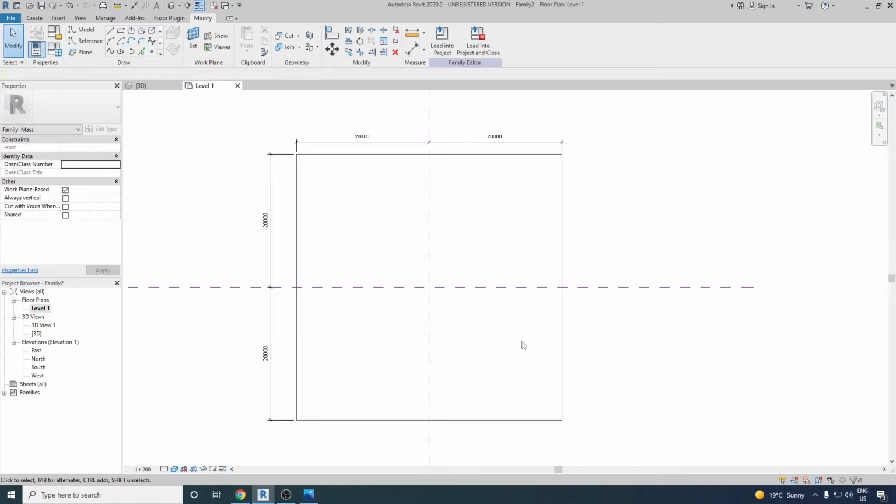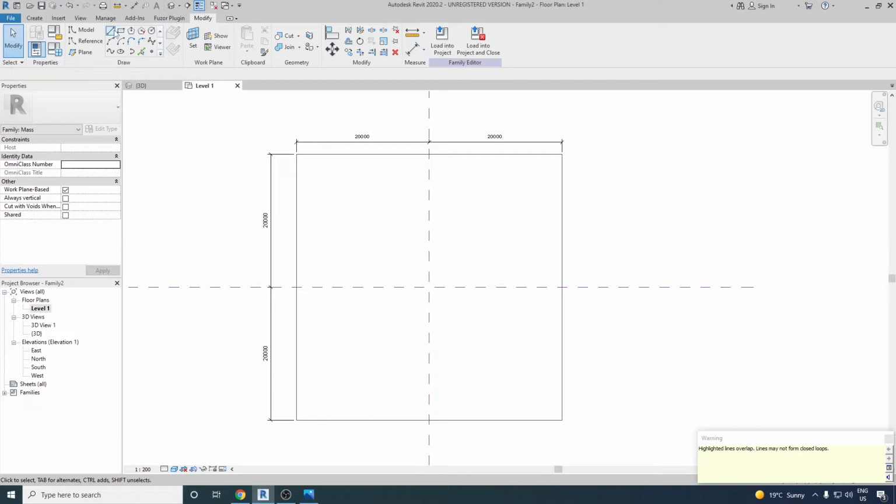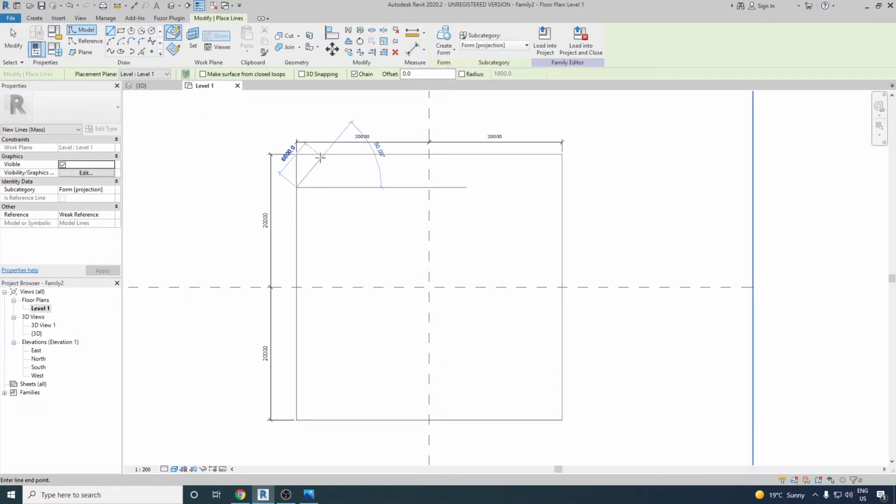Now what I'm going to do is, let me... Okay, my mistake actually. I should not create these two mirrors. First, let me make this 5000 and another one 5000, and then let me select and create a diagonal line here.